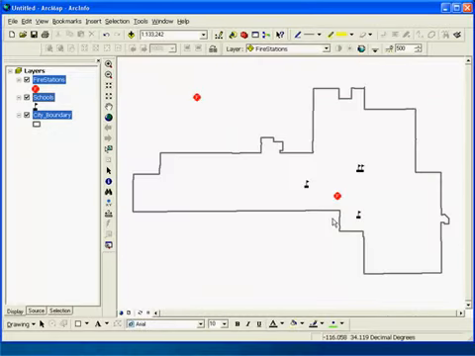Notice how I didn't use a layer file here, but the features I added from my file geodatabase came in symbolized fittingly to the theme of the data. This is because I have symbols in my active styles with the same names as my feature classes. When a symbol name matches a feature class name, that symbol is automatically used when the feature class is added